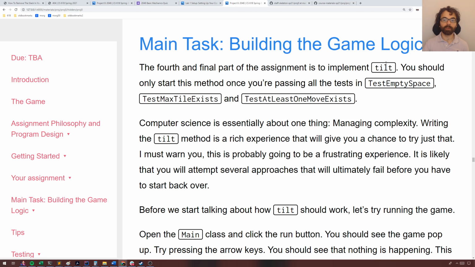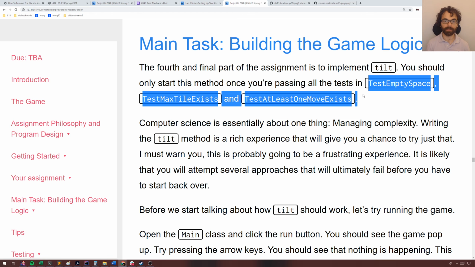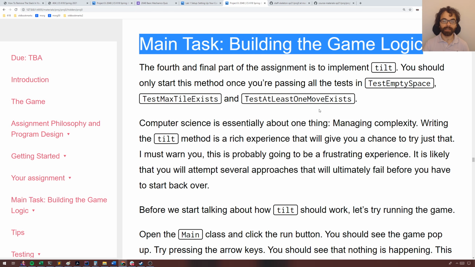If you're watching this, I'm assuming you've already completed these 3 first tasks, and now you're on to the hardest task, and I think this is the hardest by far. In this task, you're going to have to do something that's somewhat complicated. It's complicated enough that an ugly or an inelegant solution will be quite difficult to get working correctly. And so I hope that you find this to be a really instructive exercise in why managing complexity properly is